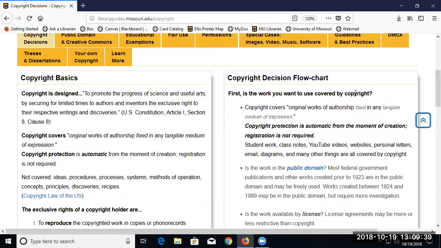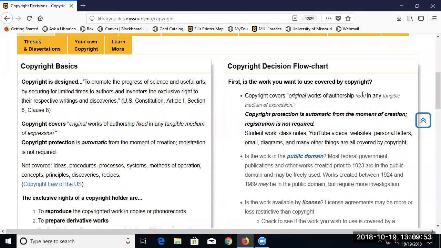And then on this side, we have a flow chart. If you're thinking through a decision, these are the steps to go through. And each of these links here will pop you to a different tab on the top. So you can just click the links here, or you can go through the sequence up at the top to find your way around.